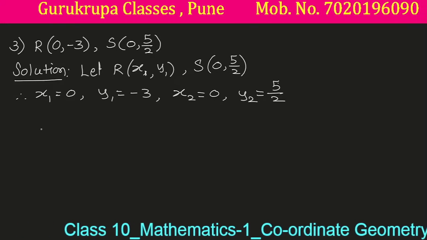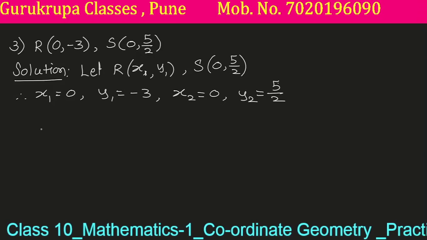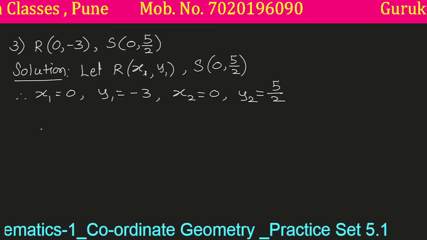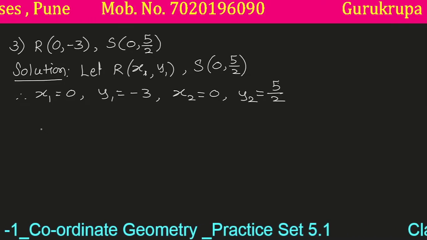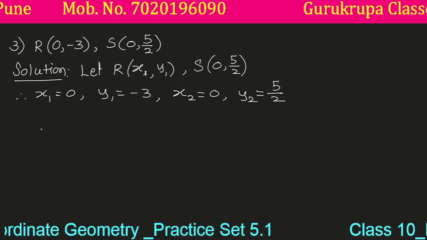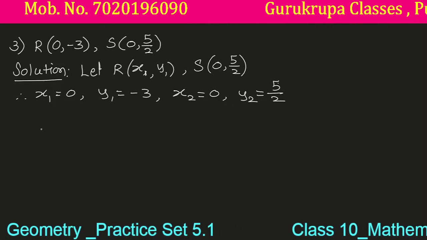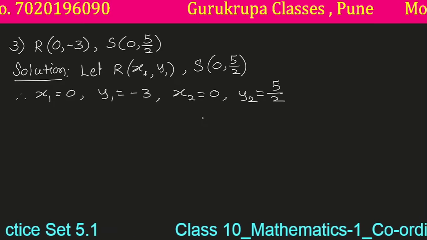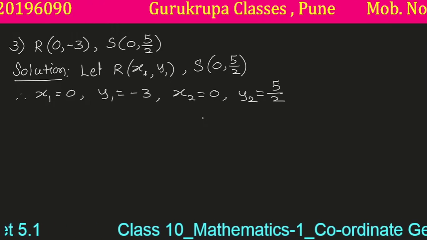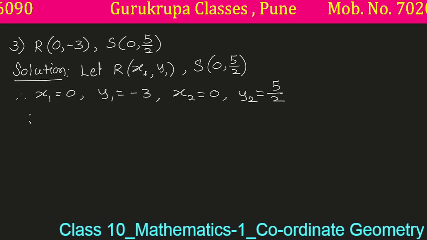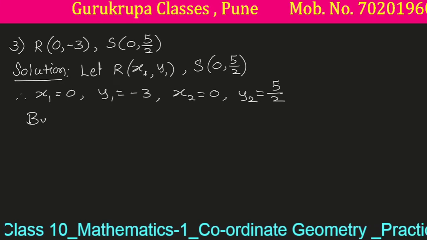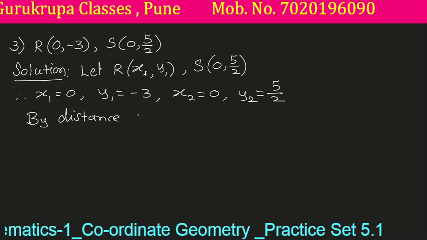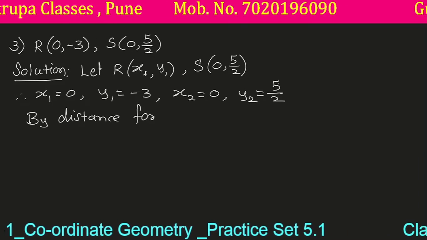It means that these 2 points are on the y-axis. As their x coordinate is 0, they are on the y-axis. So directly we can take the difference between these two y coordinates. But as we have the distance formula, we can use the distance formula to solve this sum also. So by distance formula,